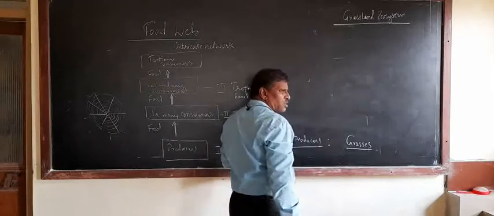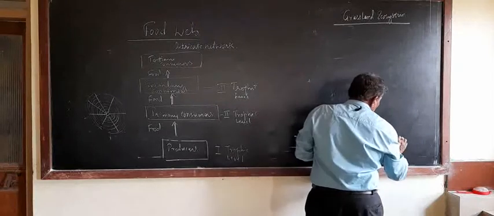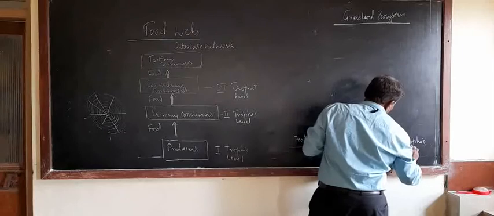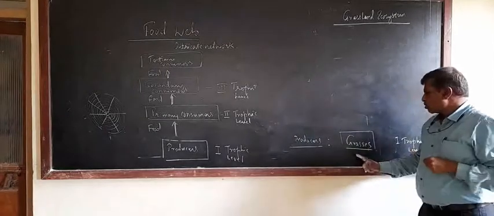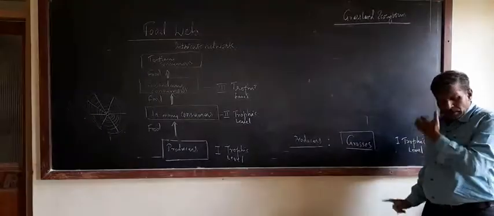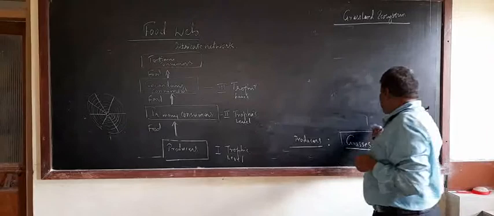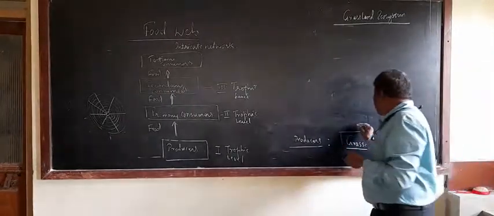Grasses are the producers, and they form the very first trophic level. By way of photosynthesis, they produce their food. Next, the food produced by the grasses is getting transferred